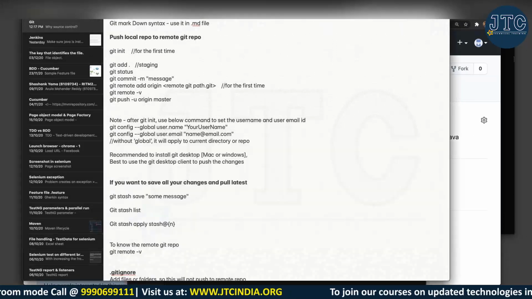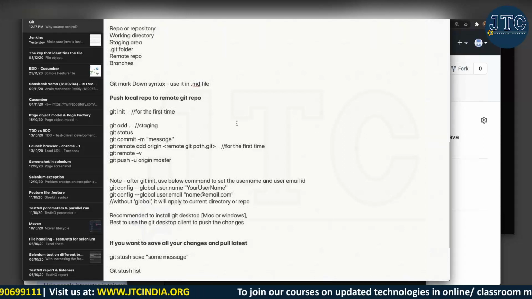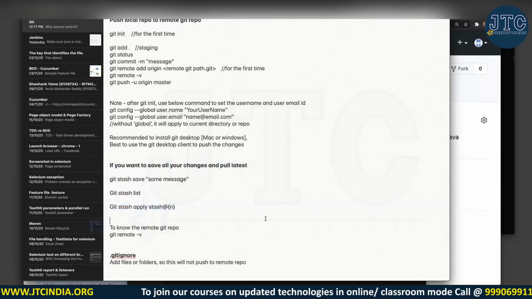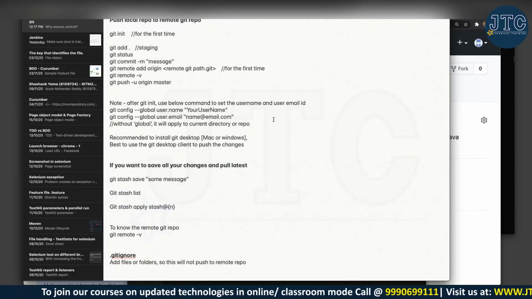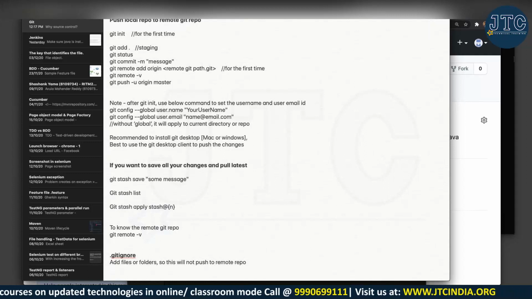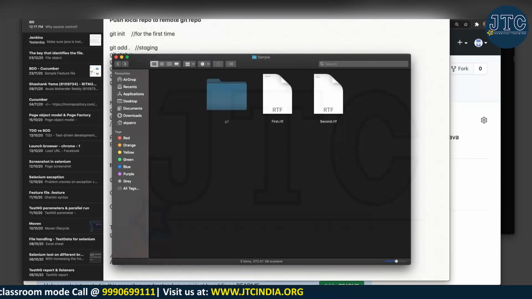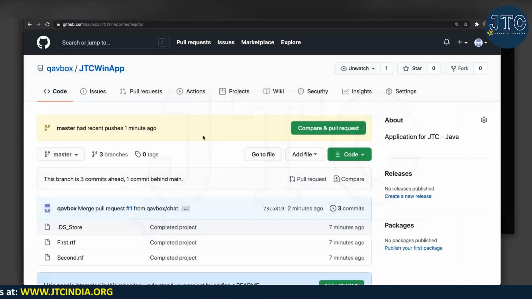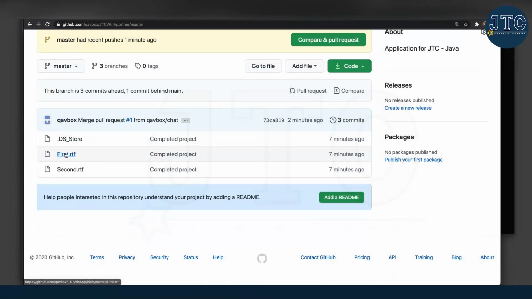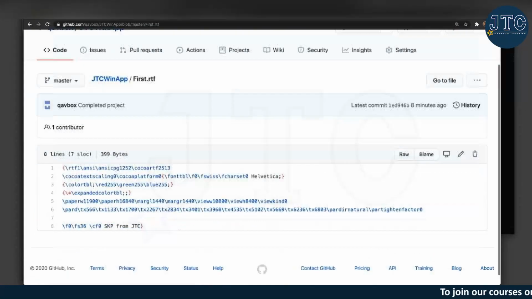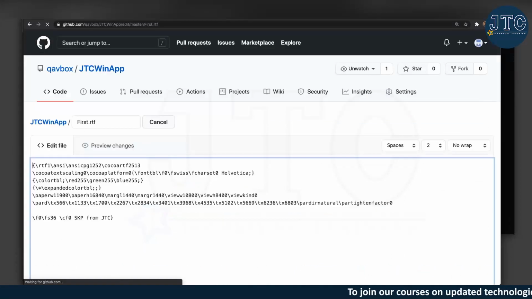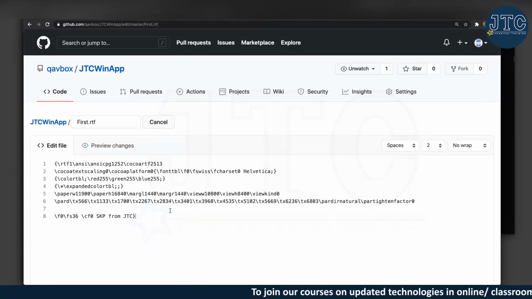I was about to say this when you do git status, but since you asked, let me show that. Let me go to GitHub, and here what I will do, see, I don't have a second person, right? So I will click on this. I have an option actually. Don't do that in real time actually. You will be in a mess. So I'm doing this just for training purposes only.